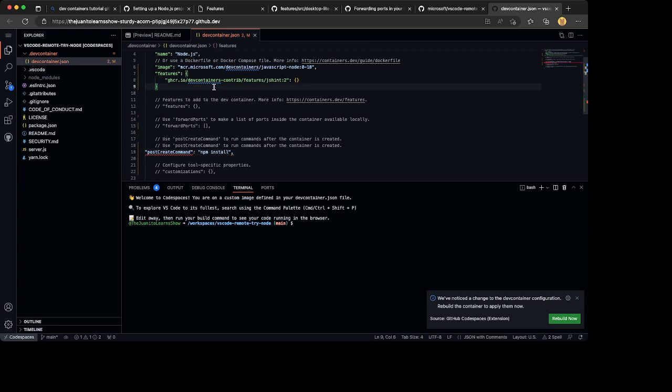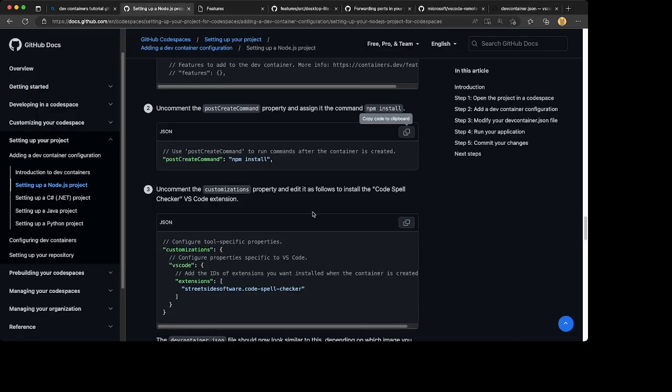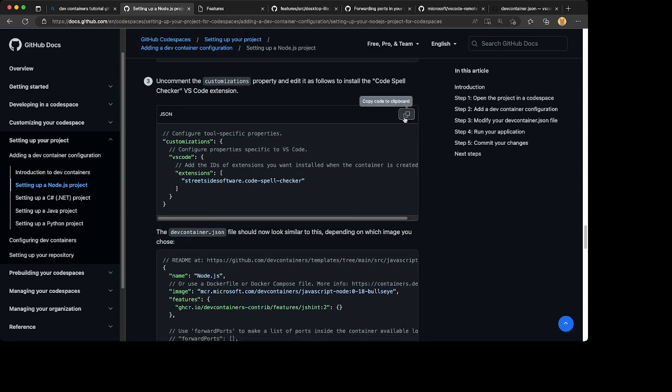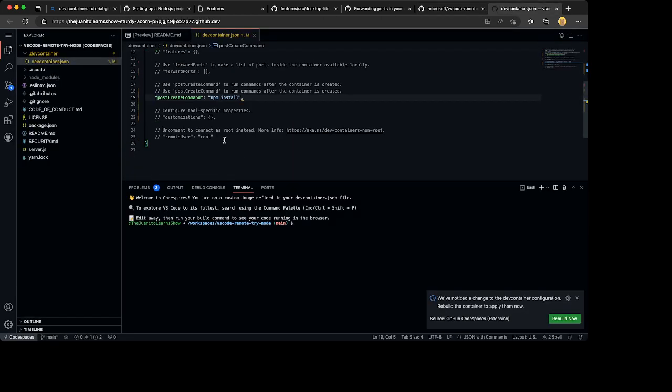And we need a comma. That's going to run npm install. And the customizations. Again, the customizations is for